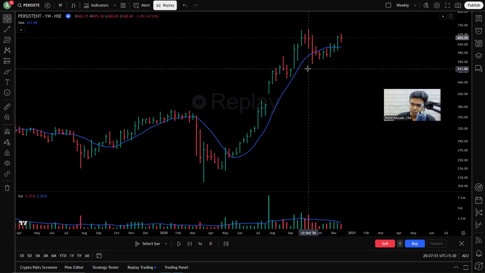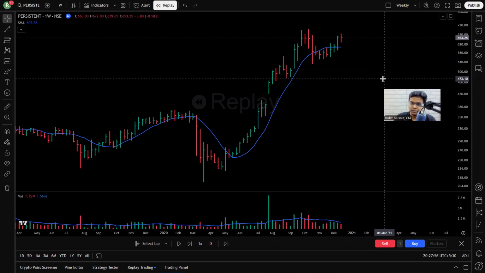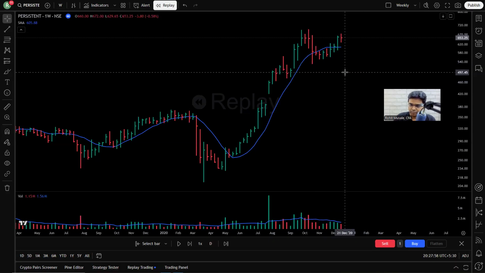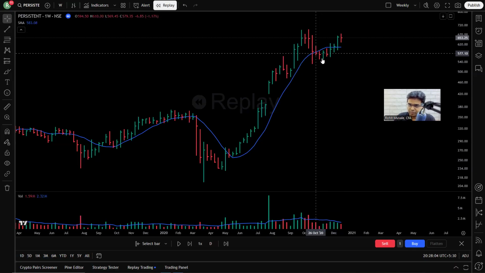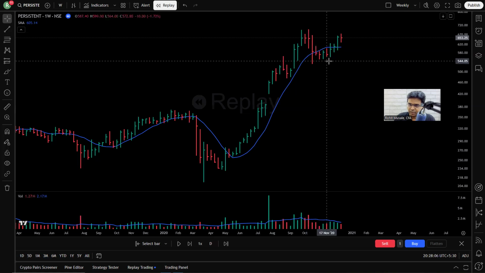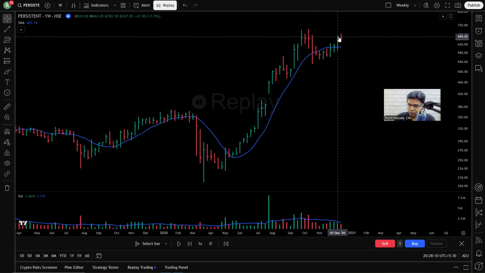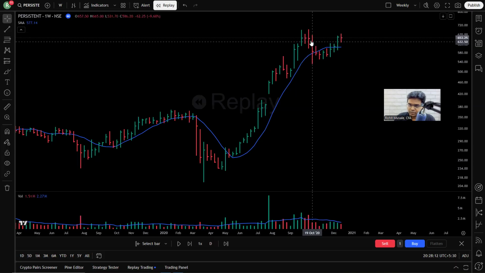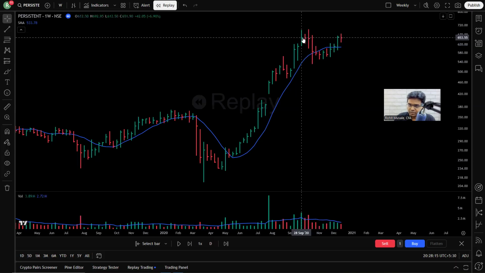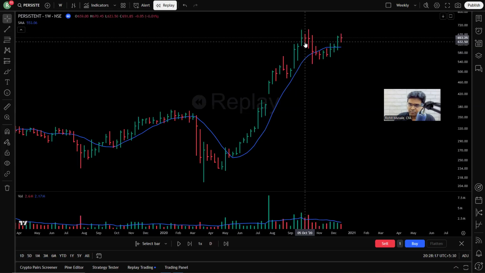What else have I taught you? Did I not teach you the tight closings and tight spreads inside the base? Look at these tight spreads, the distance between high and low. Look at these tight closings, 1, 2, 3, 1, 2. Look at these tight closings. Look at these 3 weeks of tight closings, although these two bars are before the base, but look at the tight